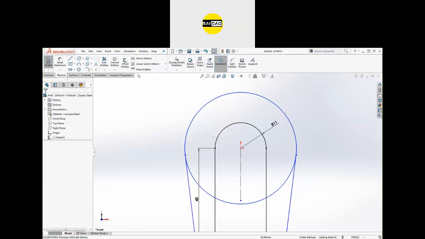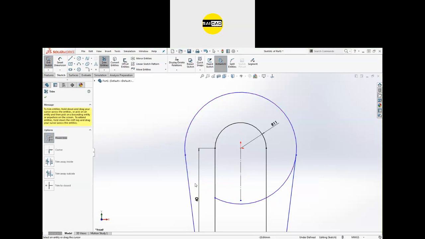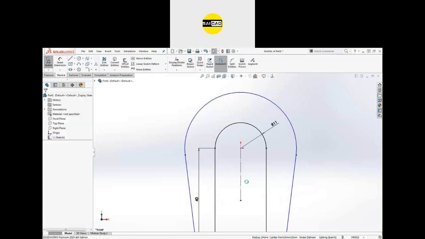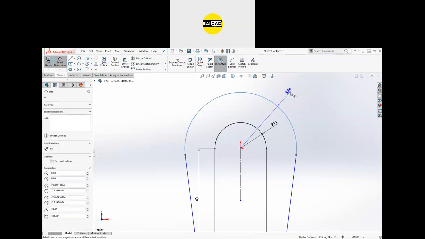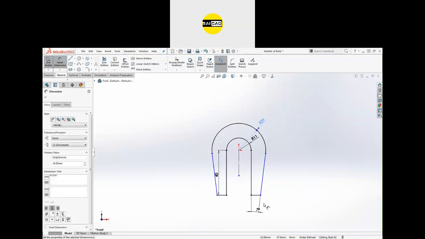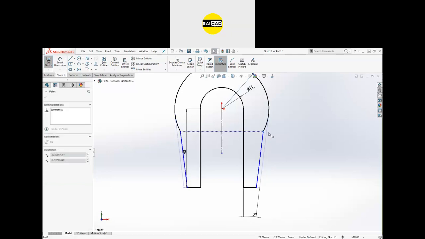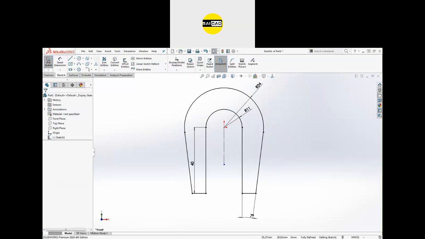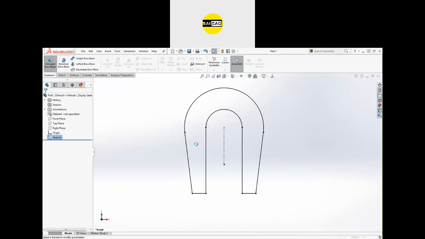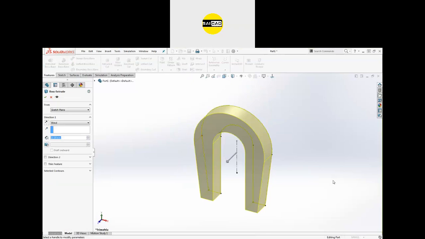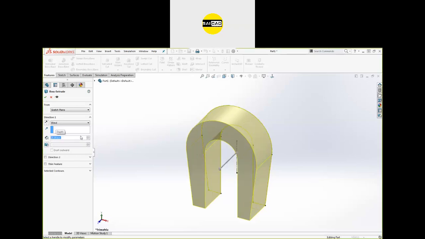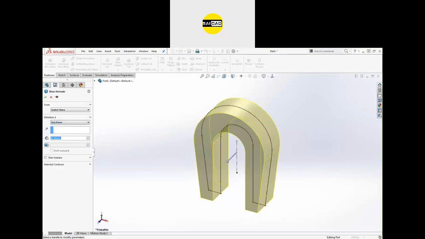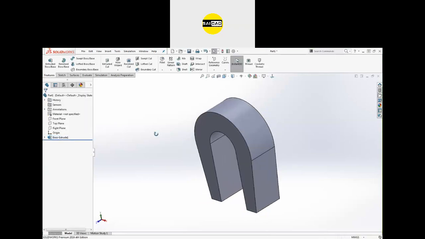So there are multiple ways to create one like that. So define the value. Okay, it's 24. Click OK. Define the other values like okay. So there we need the tangency and it is fully defined. Exit out of the feature and you have to extrude. So if you see in the side view, we have the radius of 10, so the extrude should be 20 and it should be in the mid plane. Click OK and here we have the shape.